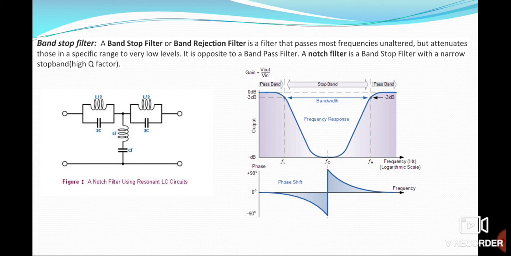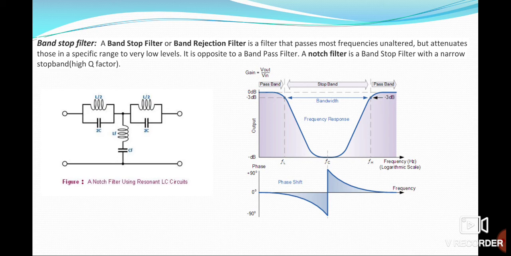It is also called a notch filter, and a notch filter is also a band stop filter with a narrow stop band. So in the given graph we can see that it is just opposite to that of a band pass filter. We are just representing the band stop filter in just an opposite way. That is, the graph shown in the previous slide had the middle portion in a green shaded region, whereas here we are rejecting the middle portion and we are allowing the